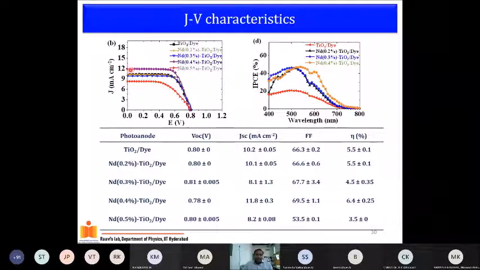Okay, so again, if you start looking at it, this is the JV characteristics of the dye sensitized solar cell. And this is the EQE of the dye sensitized solar cell. If you compare that with the black curve, which is titanium dye, the black curve is somewhere here, and the best is the purple for ND 0.4 TiO2 when it comes to the JSC, and also observe clearly the change in the fill factor. The fill factor is very good for